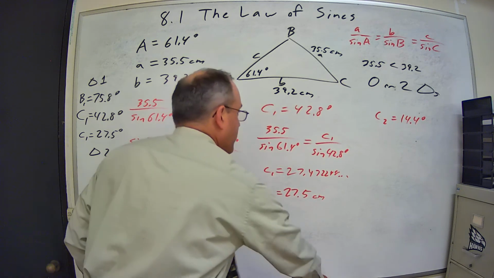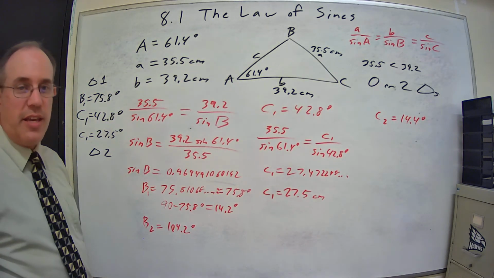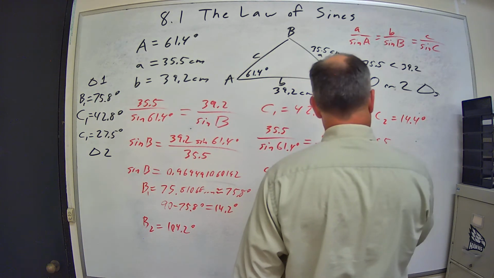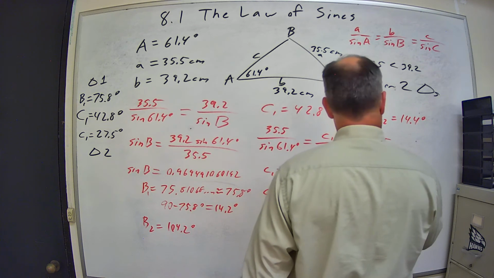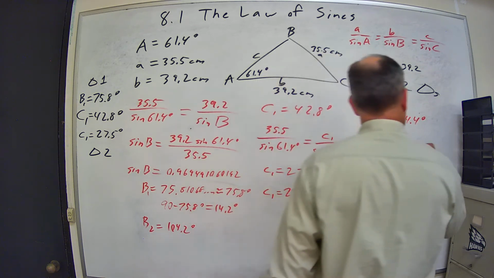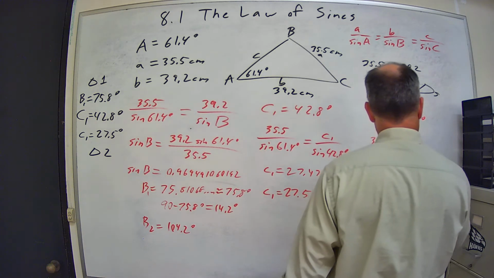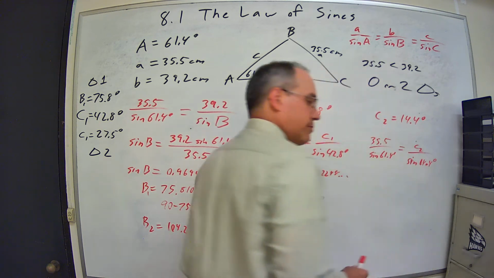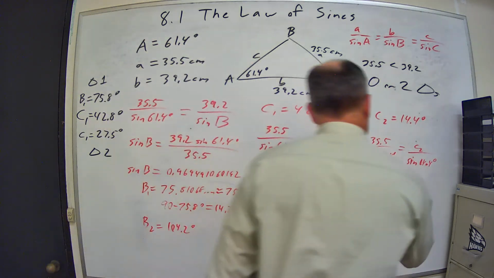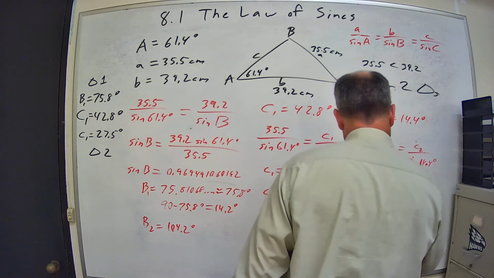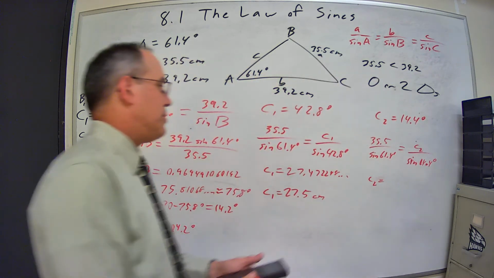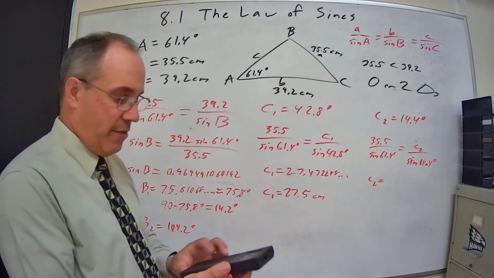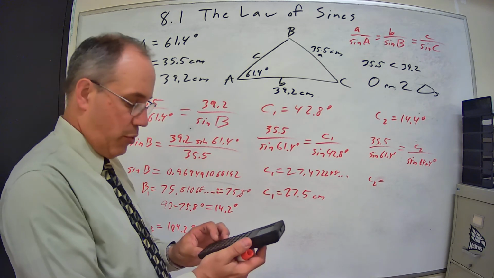So if we're doing that, now we've got our second C angle, C sub 2. We're going to do the same thing. 35.5 divided by the sine of 61.4 degrees is equal to lowercase c2 over the sine of 14.4 degrees. So c2 is equal to multiply the diagonal, divide by its opposite, so 35.5 times the sine of 14.4,